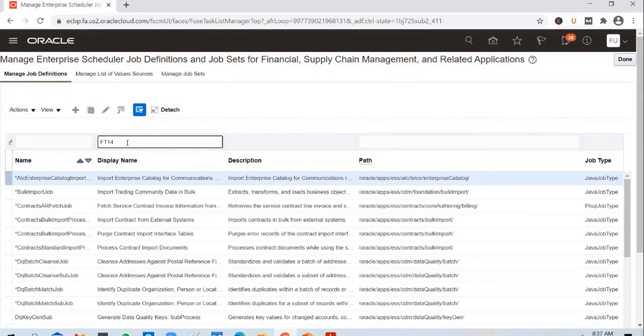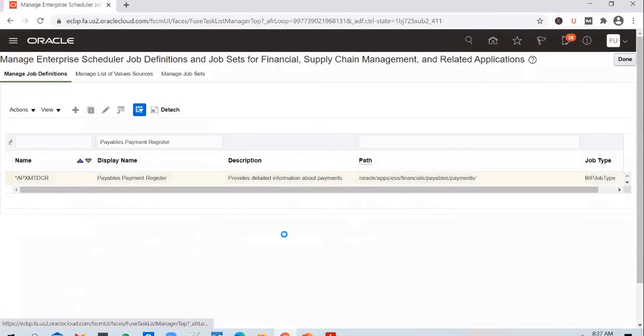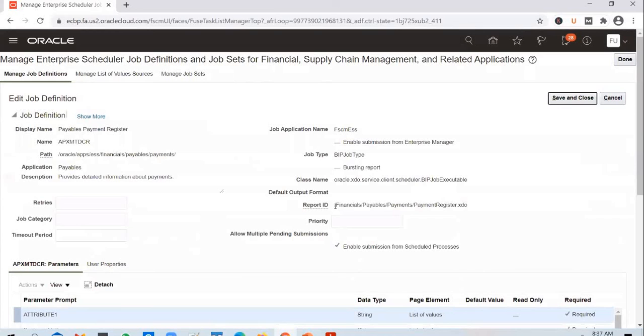And you can search for the job that you have just executed. Search for the seeded job, edit it, and get the report path from here.